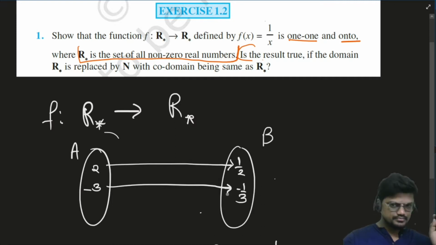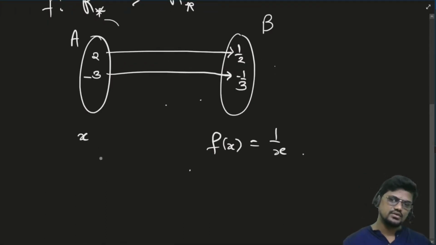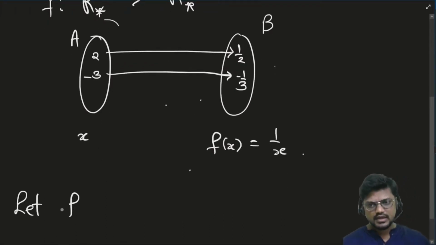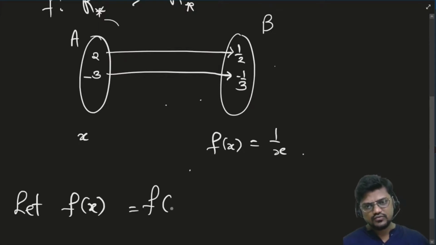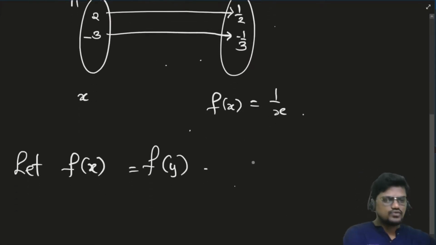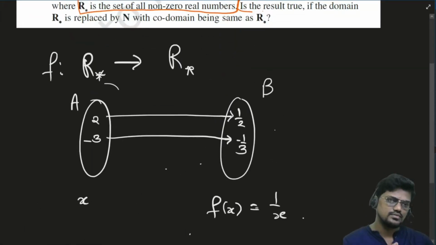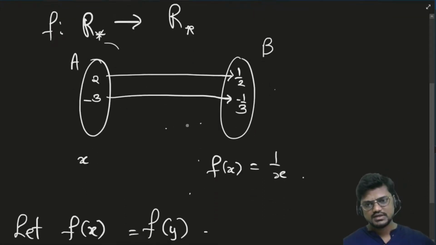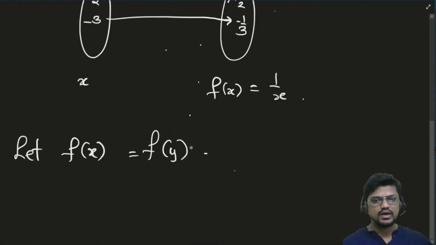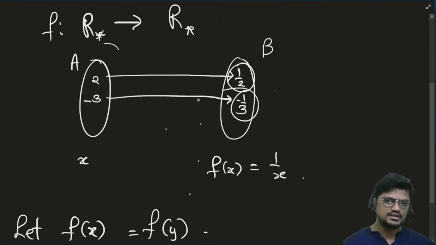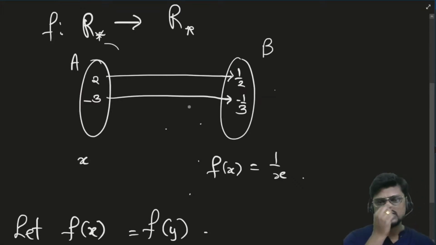Fine. So now how to write this thing, whether the given function is 1 1? What you have to do is let f of x equal f of y. I have told you how we can identify visually whether it is a 1 1 function or not. Now how to write it is a different method. You have to equate two values. Actually they both are not equal, I am just equating the values.